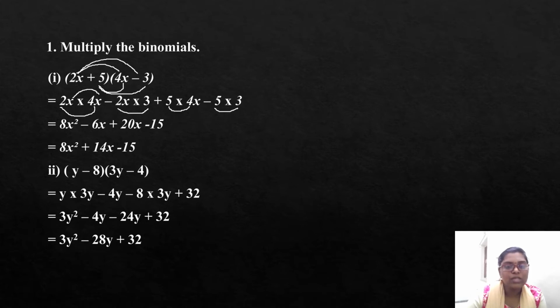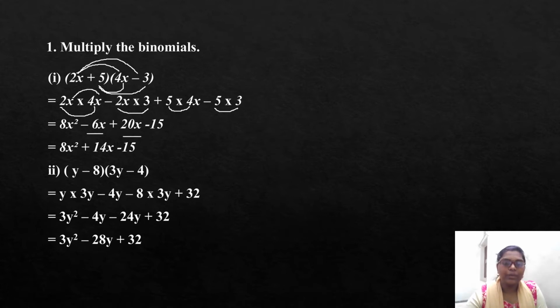If you see, this is also an x term and this is also an x term. See the sign, we are having different signs. Normally, if we have different signs, we have to subtract, and then we see which number is bigger, and that sign we will put. The same process here. 20 is the bigger number, so we put the plus sign. 20 minus 6 gives you 14x minus 15. So this is your first question.